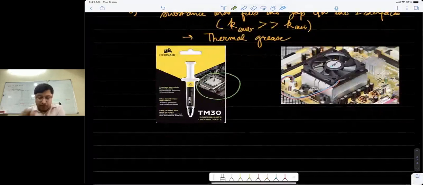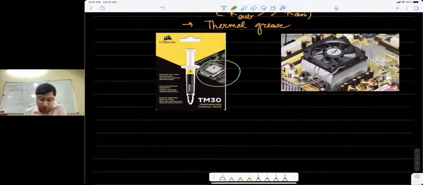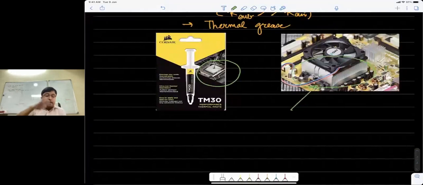So you spread it out in a thin layer. You don't want a thick layer either, because the thermal conductivity of this thing is not so high as compared to metallic conductors. So it's a thin layer which is covered, and then you assemble the heat sink over that processor. So here we have a heat sink. If you can see, you have a heat sink which you have put on top of that thing, so that you have a perfect contact between two components.